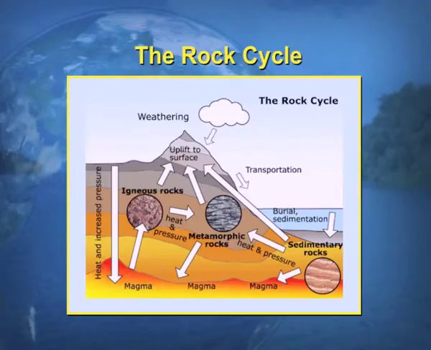So, this is the final picture showing the rock cycle, how weathering takes place in the igneous rocks and it gets into the sediments, and the sediments are deposited and layer after layer the sedimentary rocks form. And then with the further action of heat and pressure, the igneous and the sedimentary rocks get converted